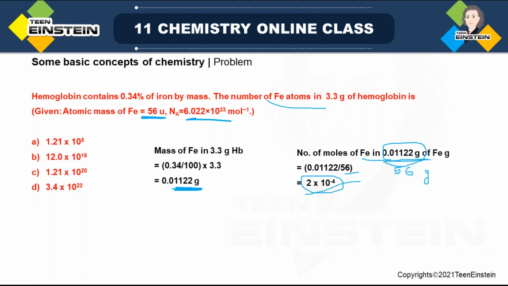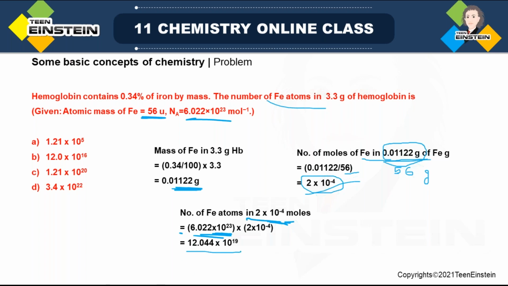And for that you have to multiply it with Avogadro number. So the number of iron atoms present in these moles, simply multiply with Avogadro number, because for 1 mole the number of atoms is Avogadro number. So for 2.10 to the power minus 4 moles, it will be multiplied by Avogadro number. So finally what you are getting,